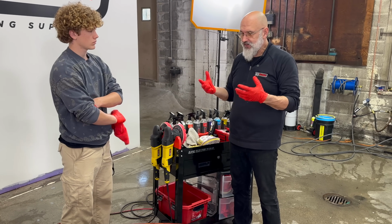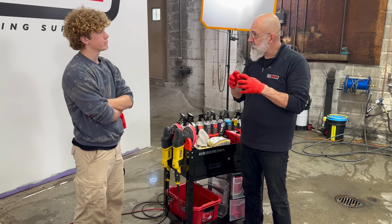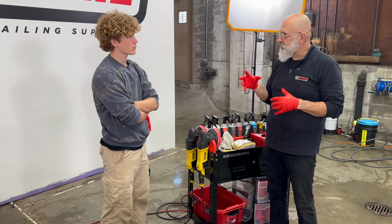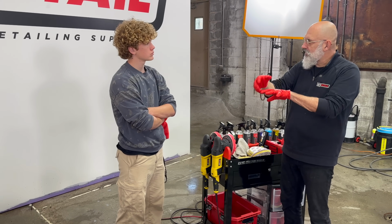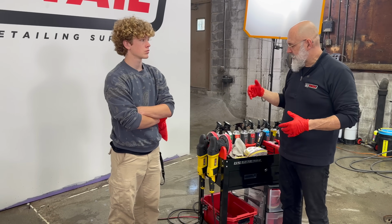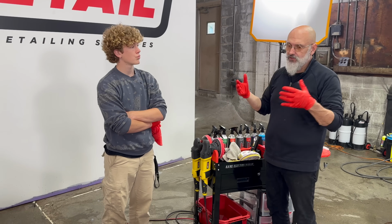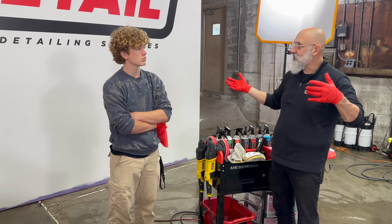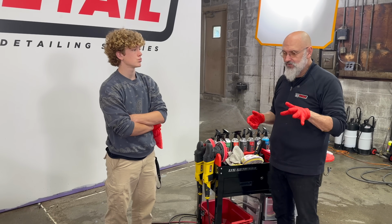Your paint is actually essentially a plastic. And when plastic gets hot, it melts or it gets soft. And the abrasives, instead of going across the surface and cutting, they grab and they roll, because the plastic is soft. So we want to mitigate heat. And because of the aggression of the machine, it gets quite hot. So, some people will try to use it at speed 4 or 5 or 6. It can work, but you have to move very quickly and you have to be very conscious of the heat